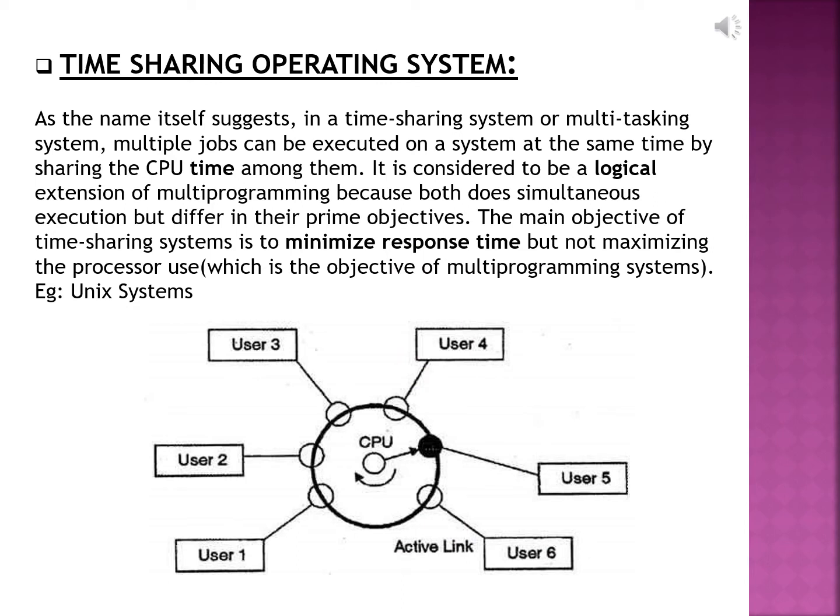Next comes the time sharing operating system. As the name itself suggests, in a time sharing system or multitasking system, multiple jobs can be executed on a system at the same time by sharing one CPU time among them. It is considered to be a logical extension of multiprogramming because both do simultaneous execution but differ in the prime